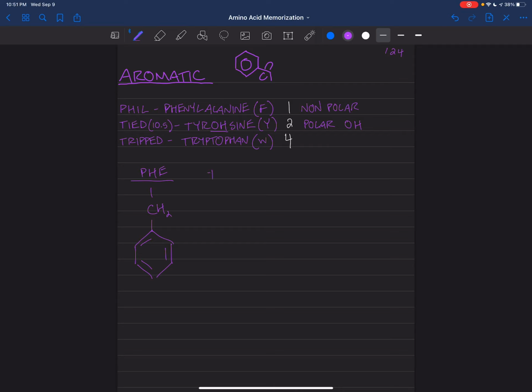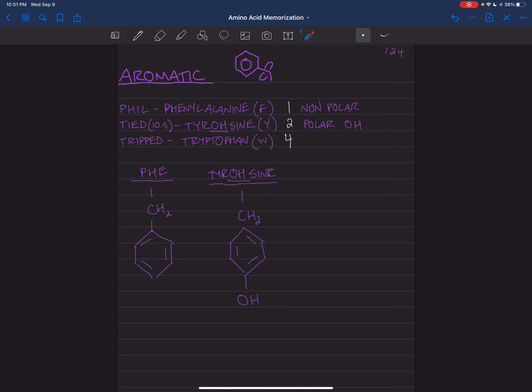Tyrosine, which again, you will never forget that, is going to start off the same exact way. And you'll have your nice pentagon. But remember that polar part of it, it's just going to add a hydroxyl group here, okay? And it fits because it has two pieces, okay? Tryptophan